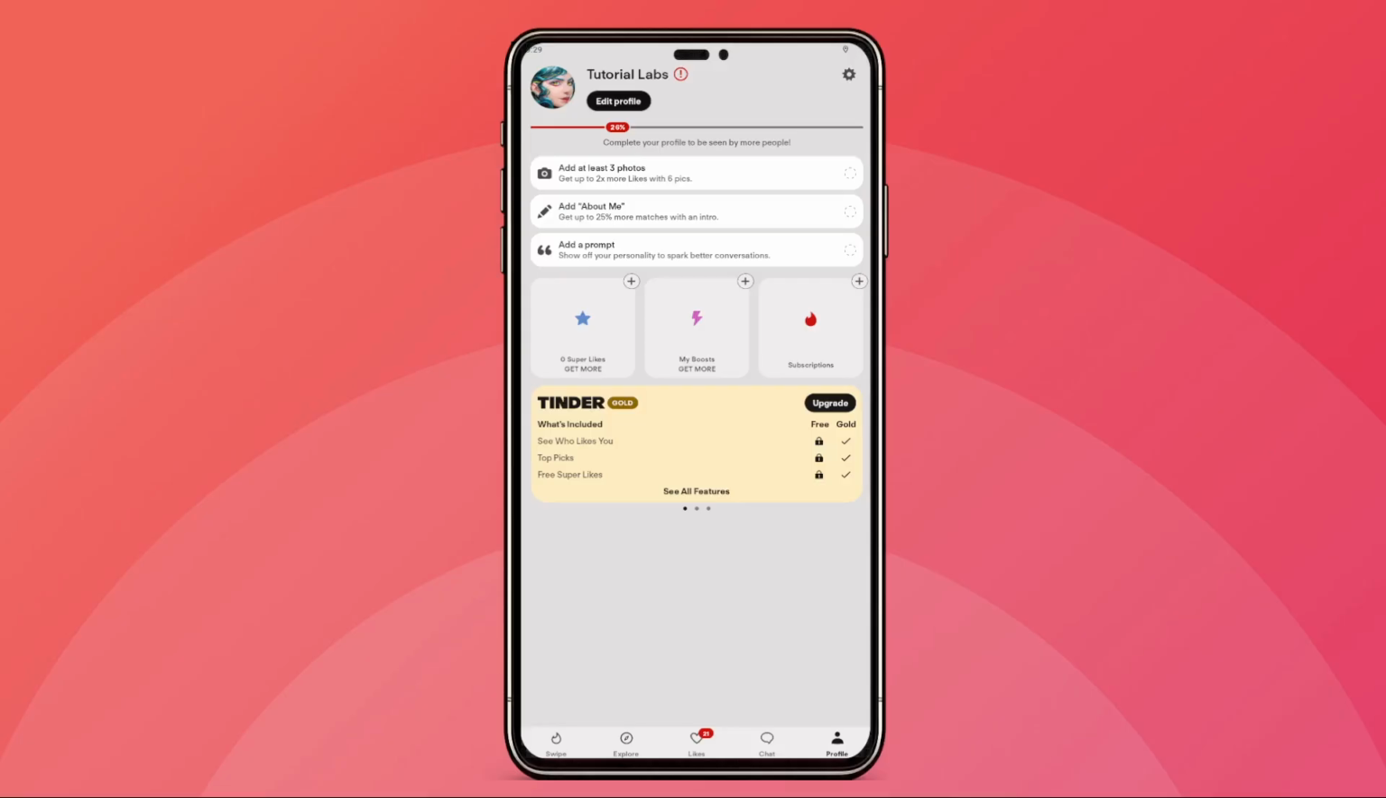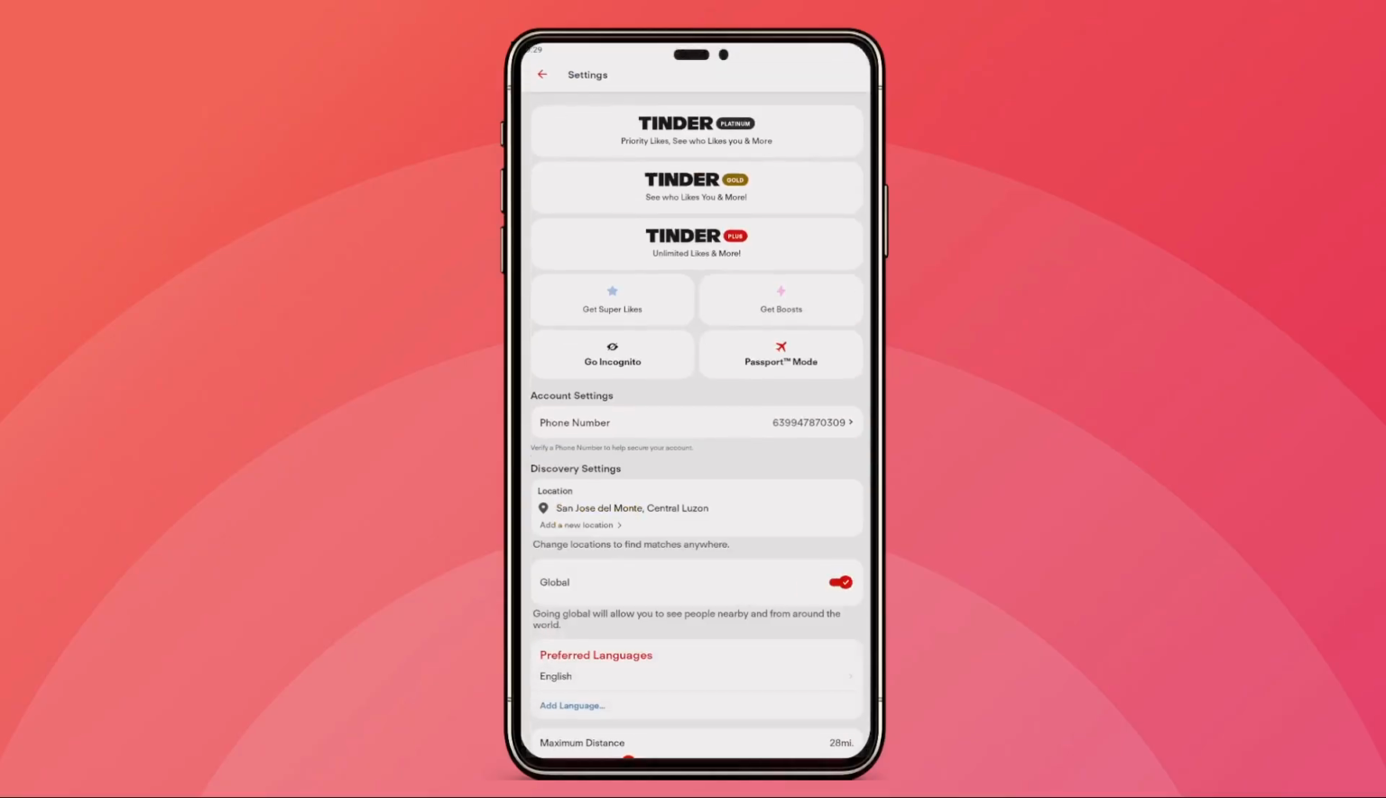Next, direct your attention to the upper right corner of the screen. You'll notice a gear icon there, which is the universal symbol for settings. Go ahead and tap on this gear icon to open up your settings menu. This is where you can access all the customization options for your Tinder account, including preferences that affect how you